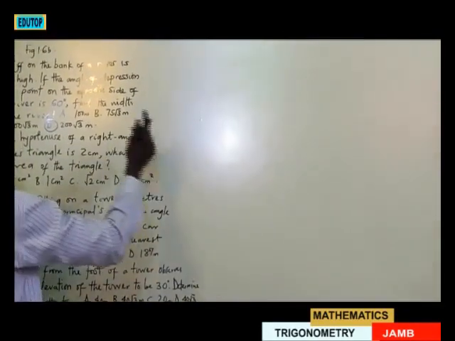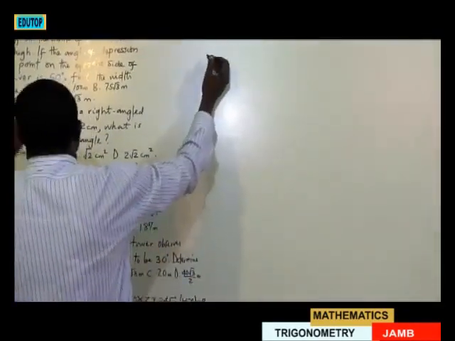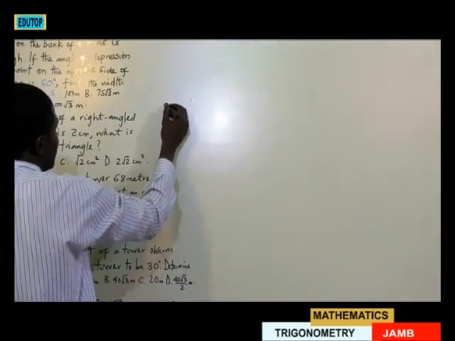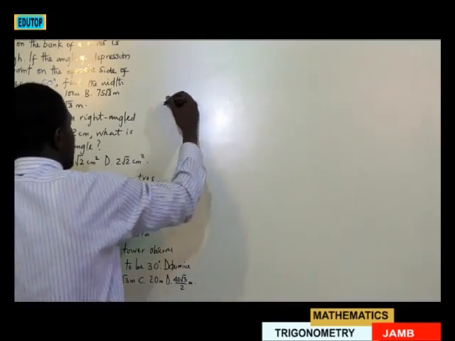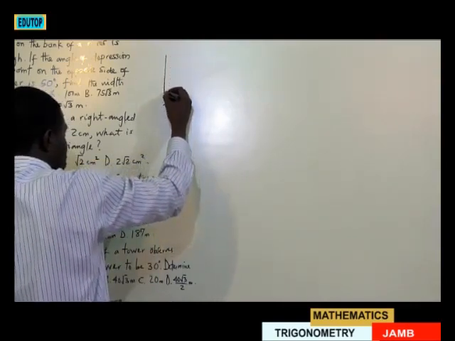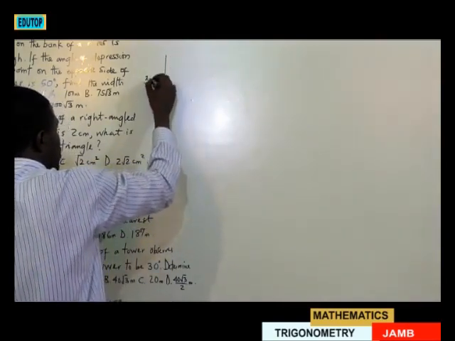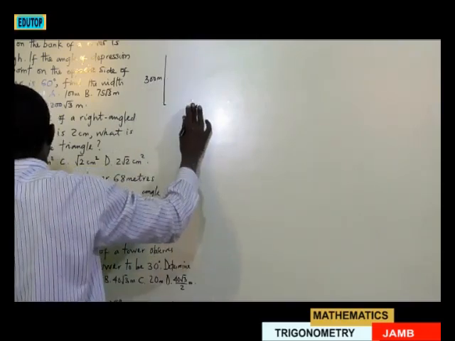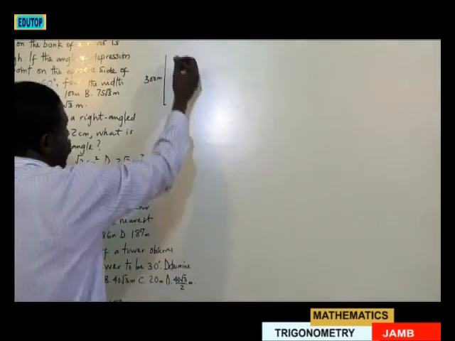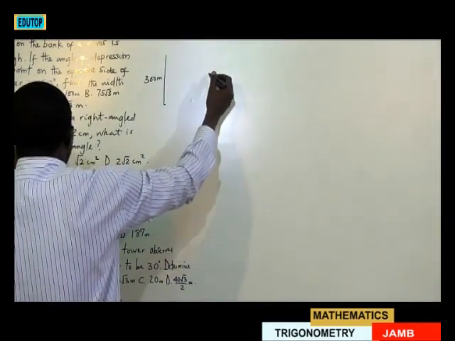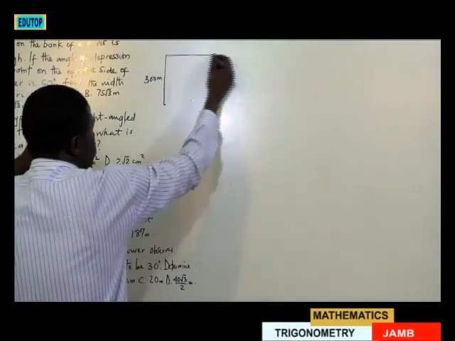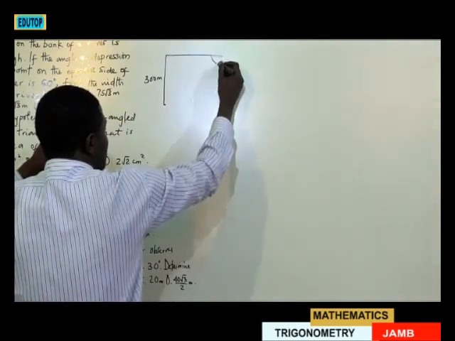So in that situation, we have a cliff, then, let's say this is the river bank. Then the cliff is on 300 meters high. So we have 300 meter high. Then, if the angle of depression of a point on the opposite side, we are supposed to have the angle of depression coming this way. But since the question has stated it is the opposite side, automatically we are going to have a scenario like this, where you have